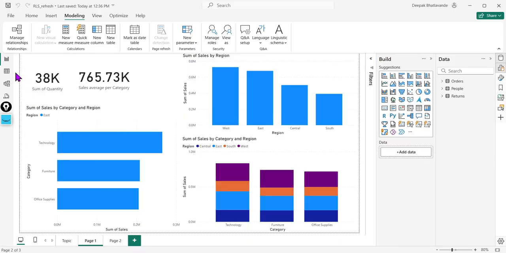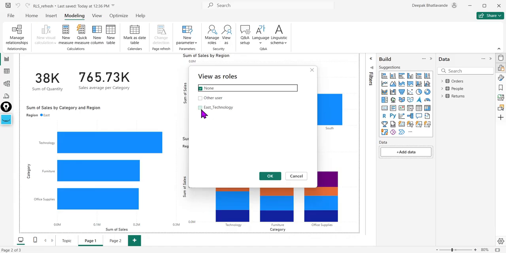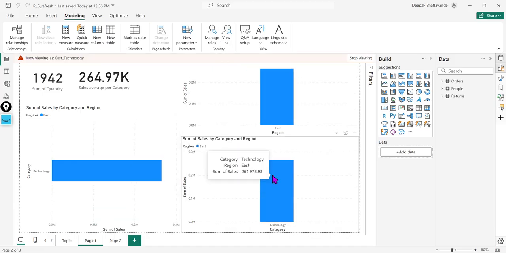Close it. Now, as we can see, there is Technology, Furniture, and Office Supplies. Here also region wise, and here also Technology. Let us see what happens. View here, press OK. See, this is simply where we can understand that not only one feature, but multiple features can also be